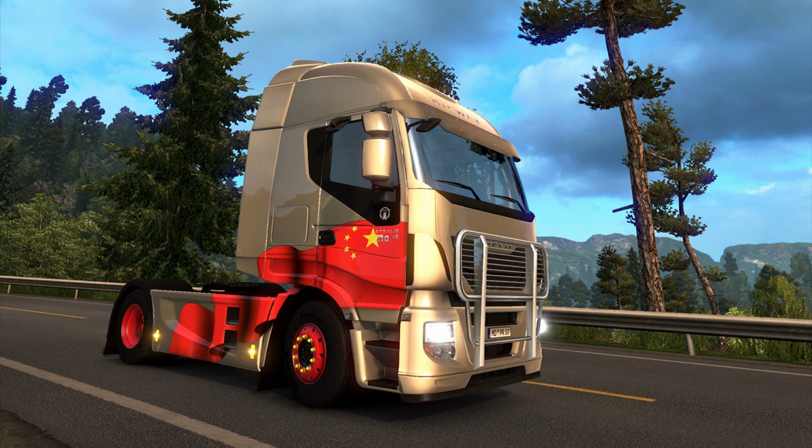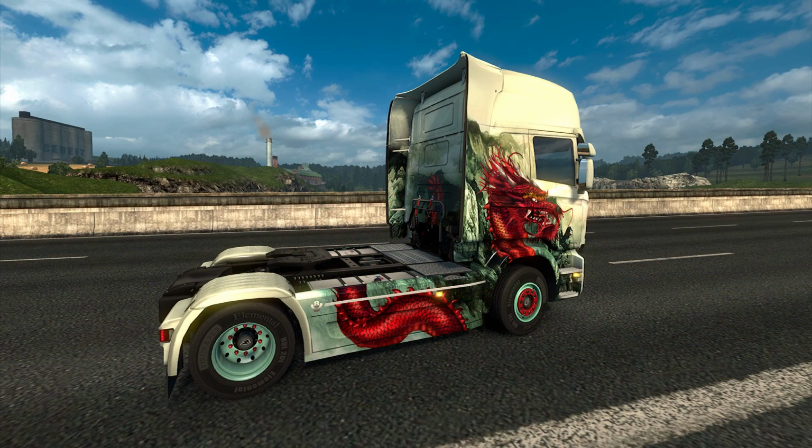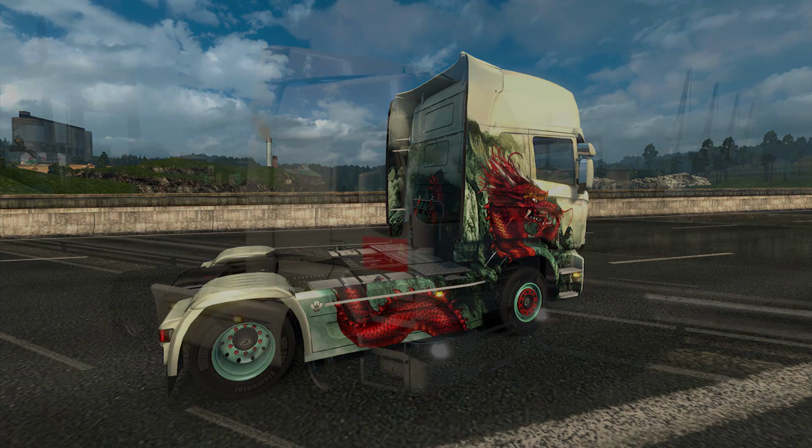Euro Truck Simulator 2 has continued its DLC paint scheme juggernaut, and has released two new paint job packs. They've released the Chinese paint job pack and the South Korean paint job pack. These two packs each give you four different new skins or liveries or paint schemes for your trucks